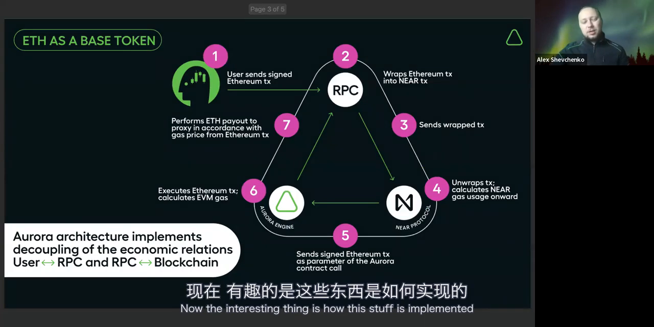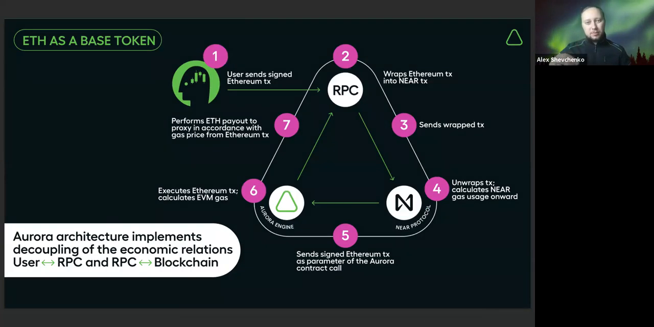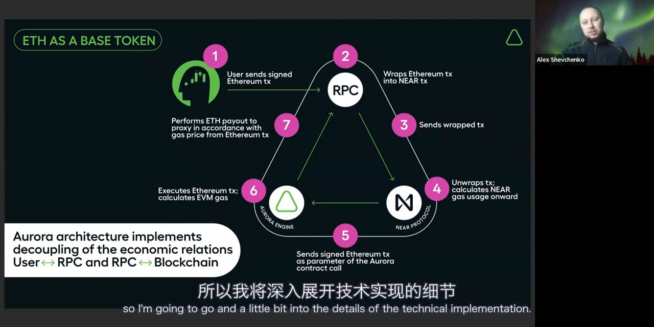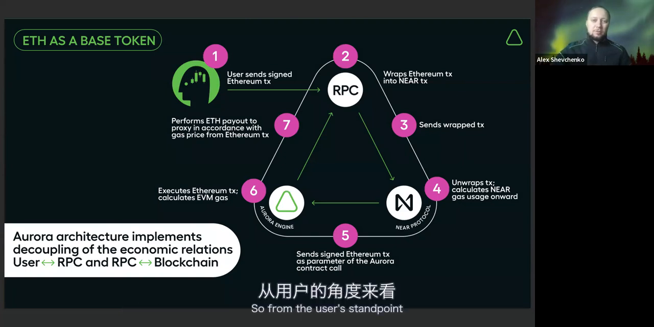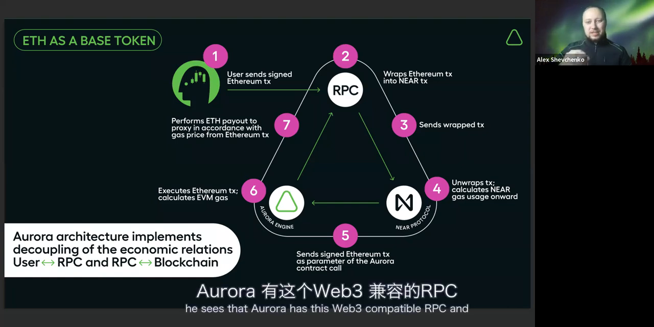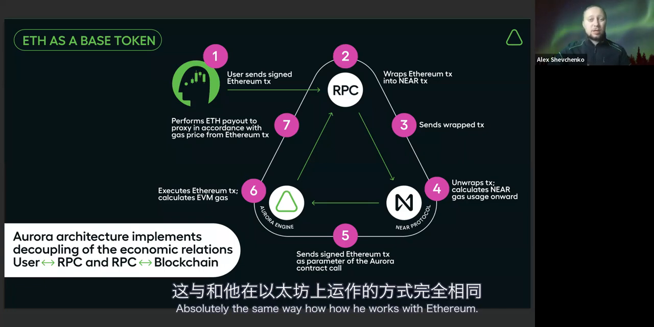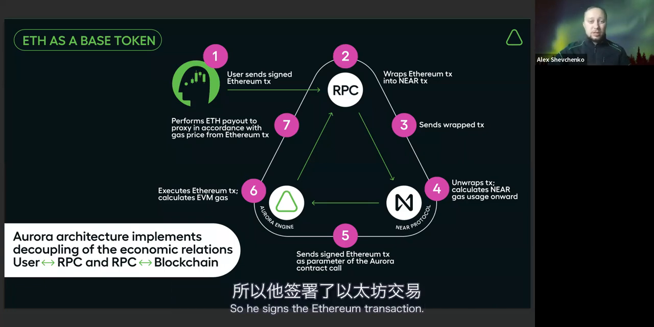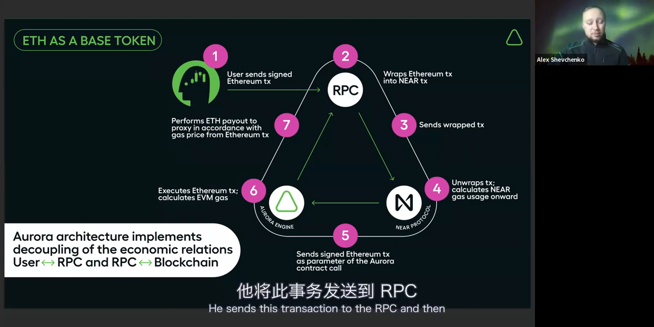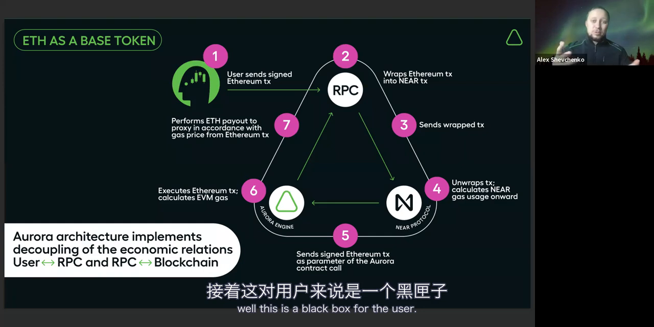Now, the interesting thing is how this stuff is implemented. So I'm going to go a little bit into the details of the technical implementation. From the user standpoint, he sees that Aurora has this Web3 compatible RPC, and the user is working with this RPC absolutely the same way as he works with Ethereum. So he signs the Ethereum transaction, he sends this transaction to the RPC, and then, well, this is a black